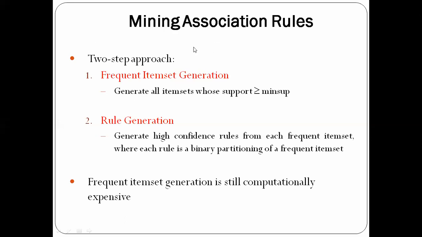So once we get the frequent item sets, then we will generate the association rules in the second step. Association rules will be considered here based on the high confidence rules. We will calculate the confidence of the rules using the frequent item sets generated in the previous step, and we will compare that with the minimum confidence. Those rules which have confidence greater than or equal to minimum confidence will be considered high confidence rules. Those will be kept in the rules.